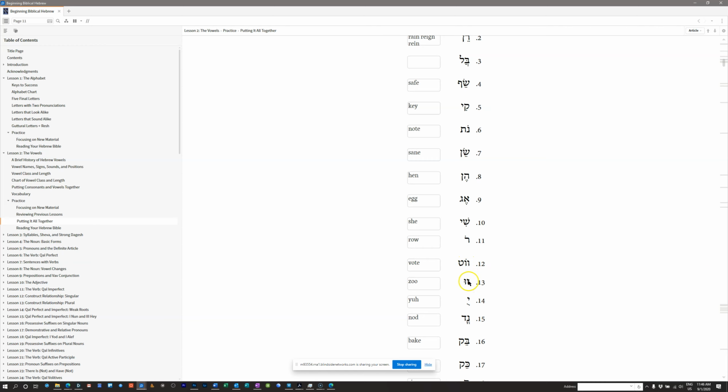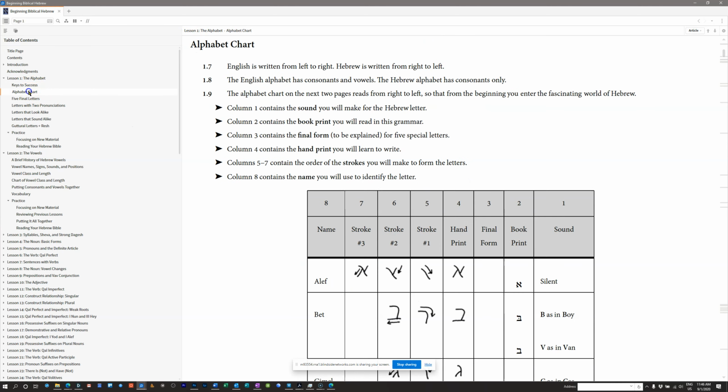A couple other things, the vav and the zayin. The vav doesn't actually go through the vertical, okay? So you have a notch and you come straight down. The zayin goes beyond the vertical, so you have a notch, you come back in the middle and come down. So this notch goes on both sides of the vertical for the zayin. It's only on the left side of the vertical for the vav, right? Let's see if there's anything else that would be good to cover.